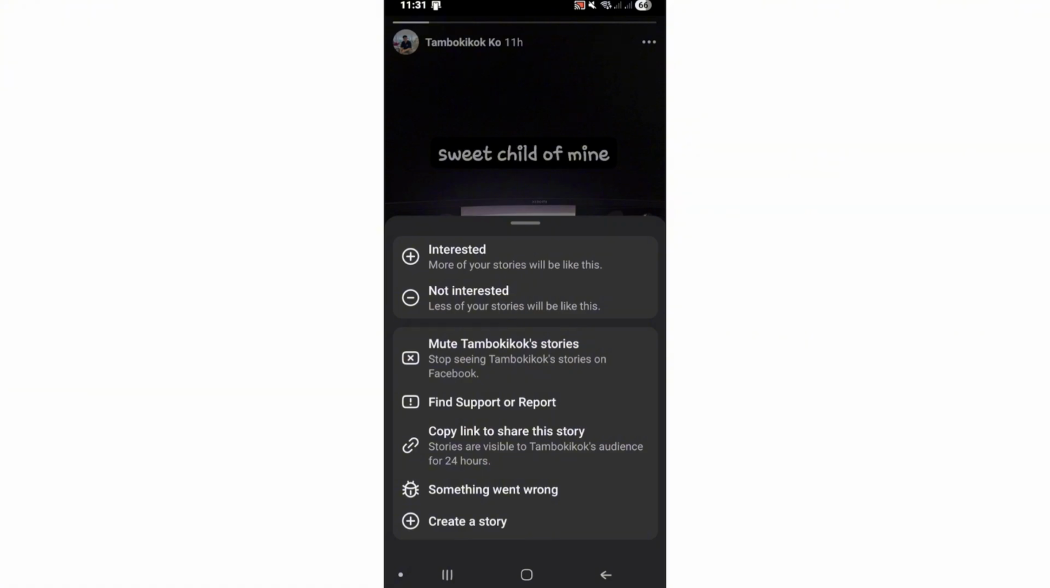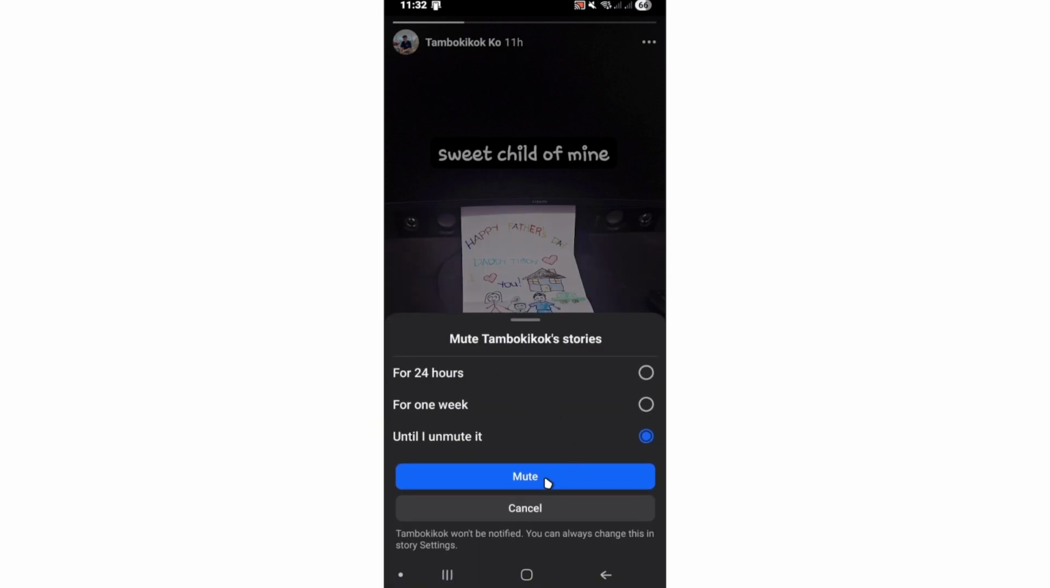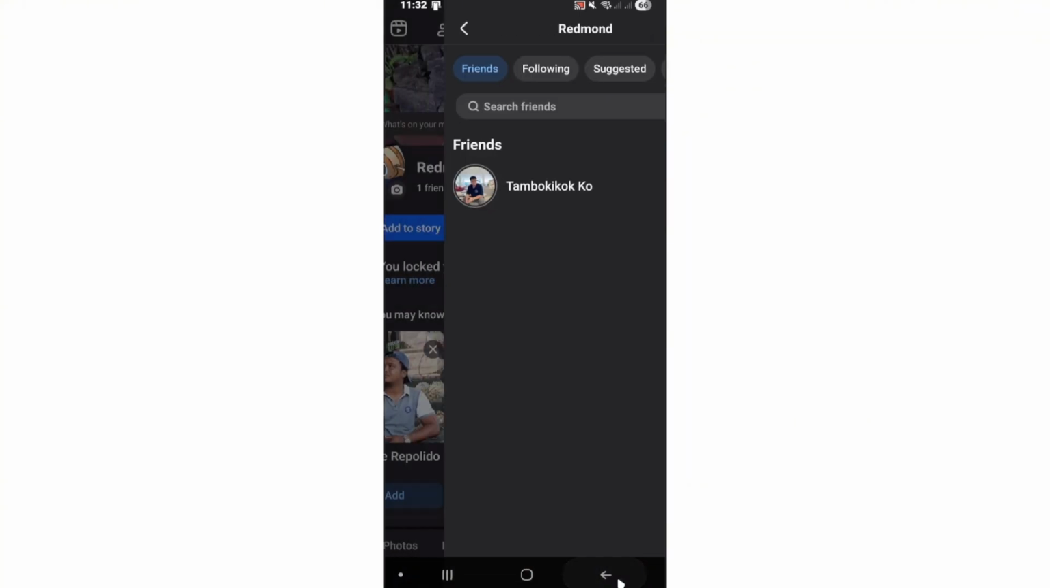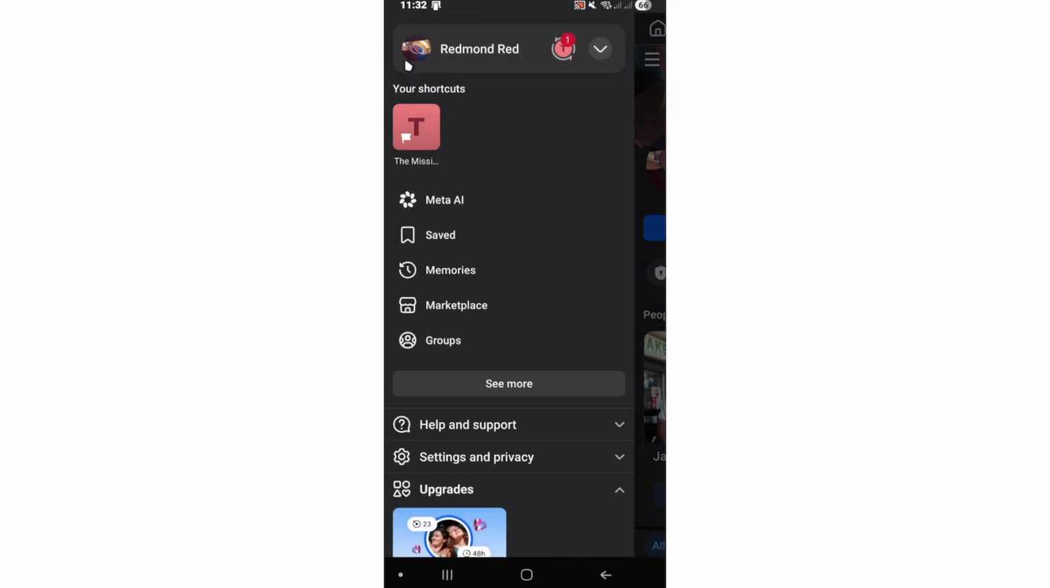Now, if you accidentally muted a friend or a group, their stories will not appear at the top of your feed entirely. Maybe you clicked the three dots right here and then muted them. So, for example, I'm going to mute this guy right here until I unmute it. Now, once that's done, to fix that, just go ahead over to the top right, tap on